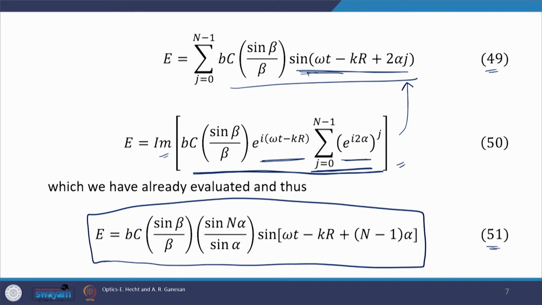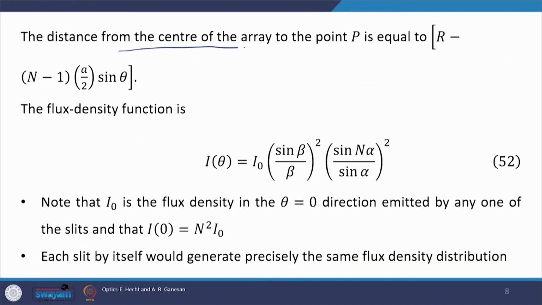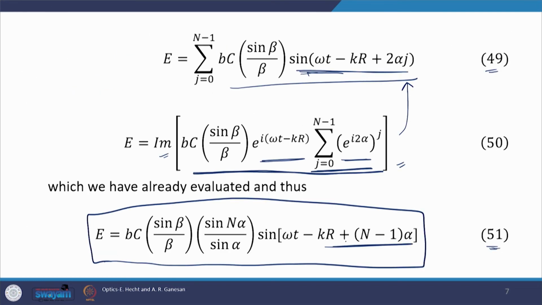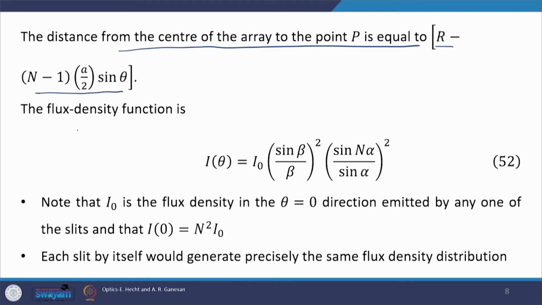Now, the distance from the center of the array to the point P would be equal to r minus (n minus 1) a by 2 sin theta. This also has been done previously while dealing with the point oscillator. Now, this distance is visible here too, in equation number 51. Therefore, ultimately we can calculate the flux density function, which is irradiance. Once the total electric field expression is done, we can easily calculate the irradiance,